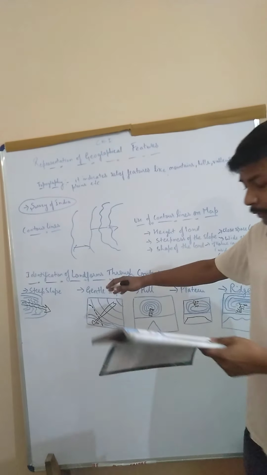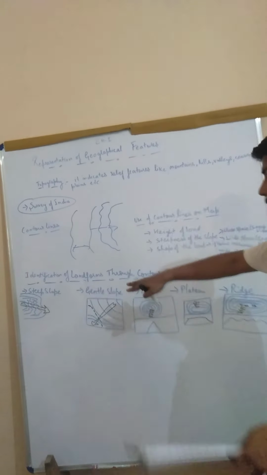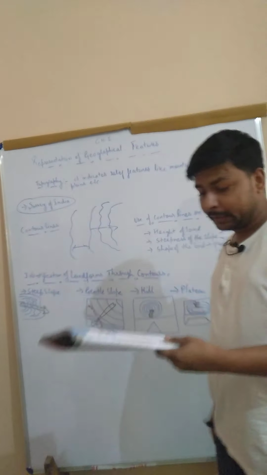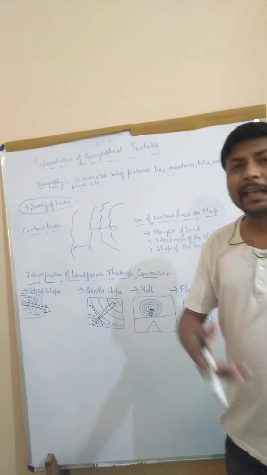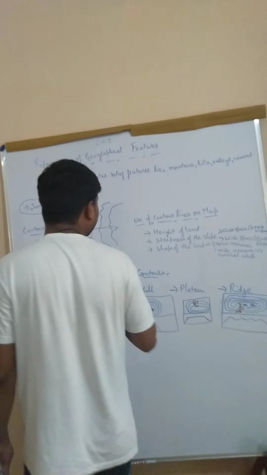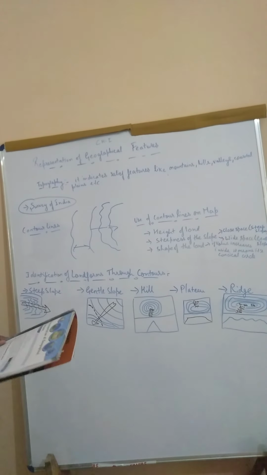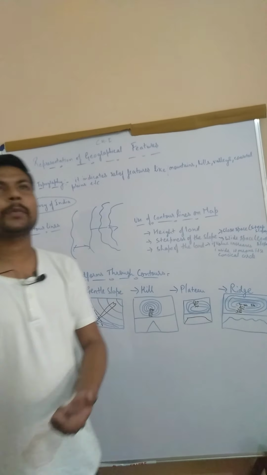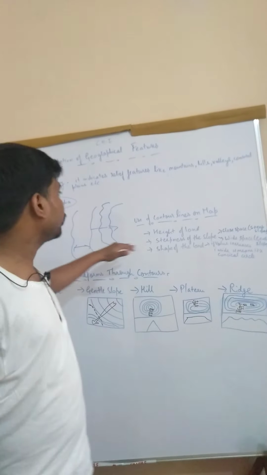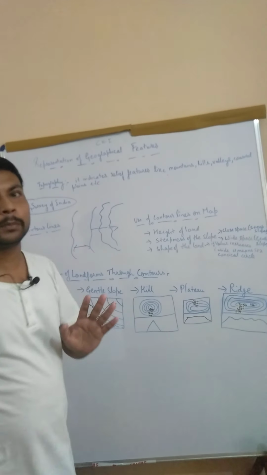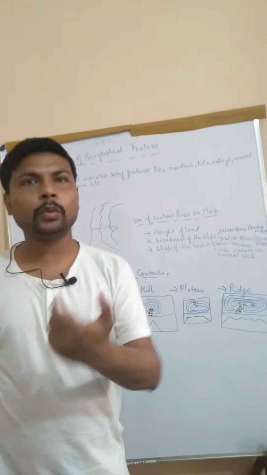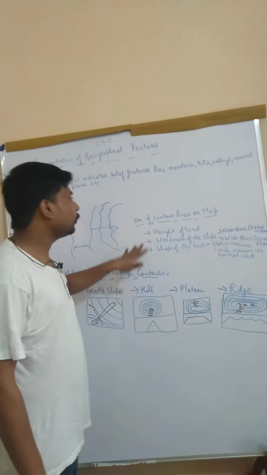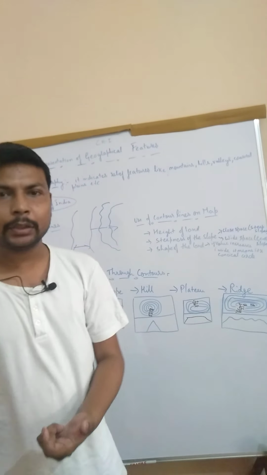Every line shows the scale between them and the height between them, and apart from the height, it also shows the boldness and the contour index between them, right? After that, we should know the uses of those contour lines on a map. While reading a topographic map, you should know how to read it, then only you know its features, right?